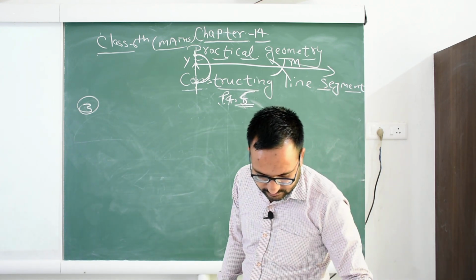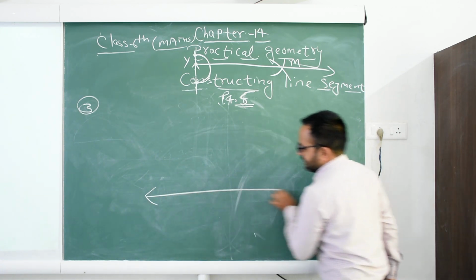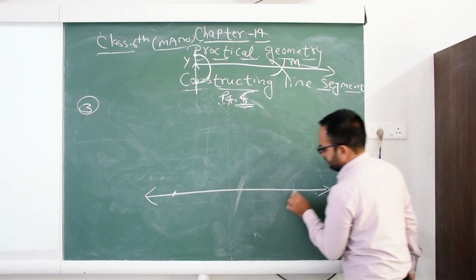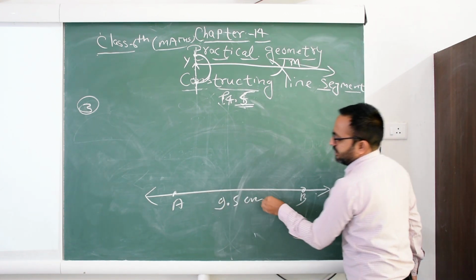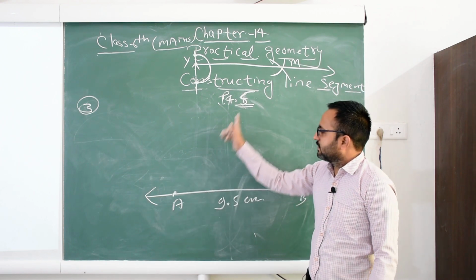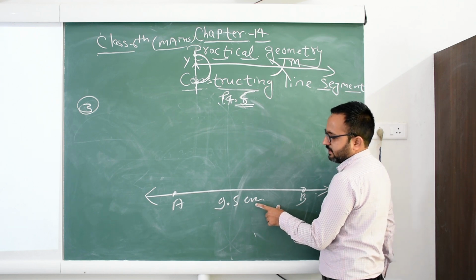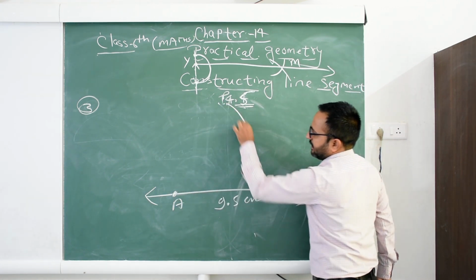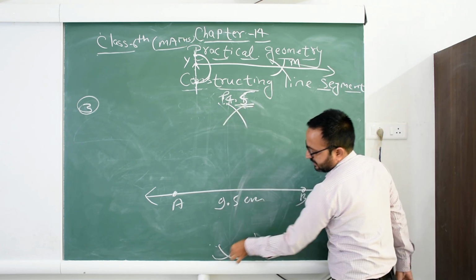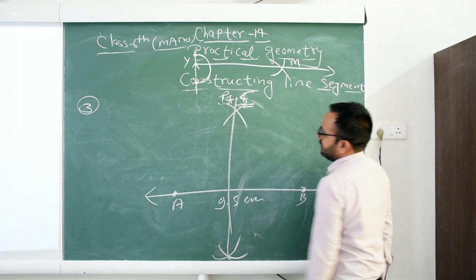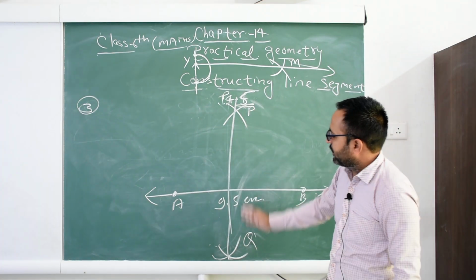Okay. Now question number two. Draw a line segment 9.5. So first we construct a line segment AB, and this is 9.5 centimeters. Same as before, if you want to draw the bisector of this line segment, take more than half of the radius. A is the center, cut an arc here and here, and B is the center, cut an arc here and here. Now join both arcs and give the names P and Q. So this is your required bisector.